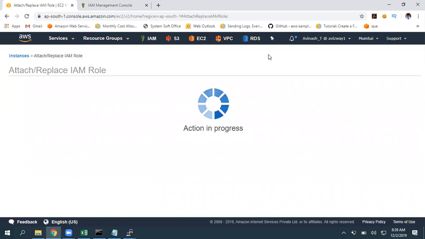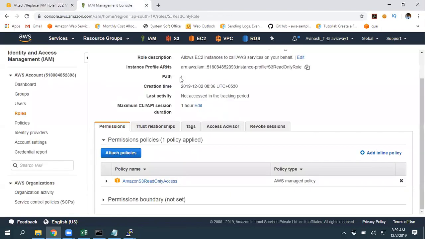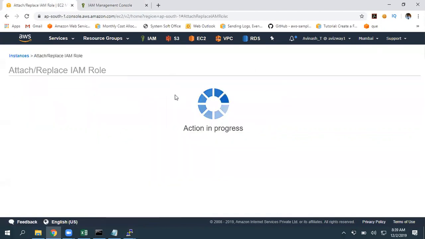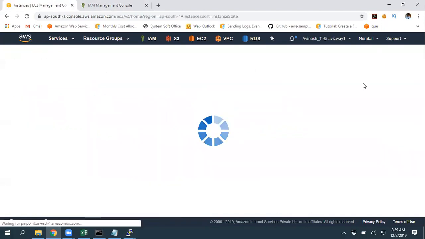So you can associate and disassociate, even for instances in running state. Earlier we did not have this option, but from a year onwards, Amazon has given this. And if you want to elevate permissions, select your role, go to attach policies. Is this a success or taking some time?